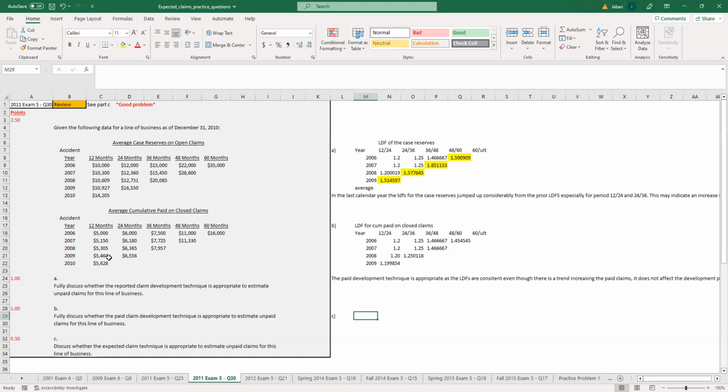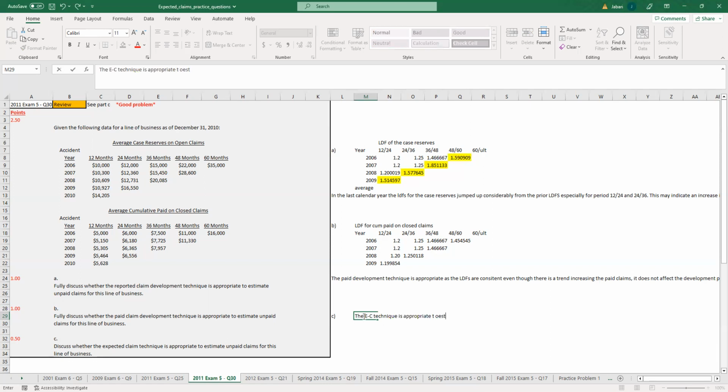In fact, with this increase in case reserves, it would probably be a better estimate than the reported development technique, as it wouldn't have to adjust for the change in case reserve. It would still be estimating the same ultimates as long as the premium or whatever base the ECR is being applied to is the same. So in this case, the expected claims technique, EC technique, is appropriate